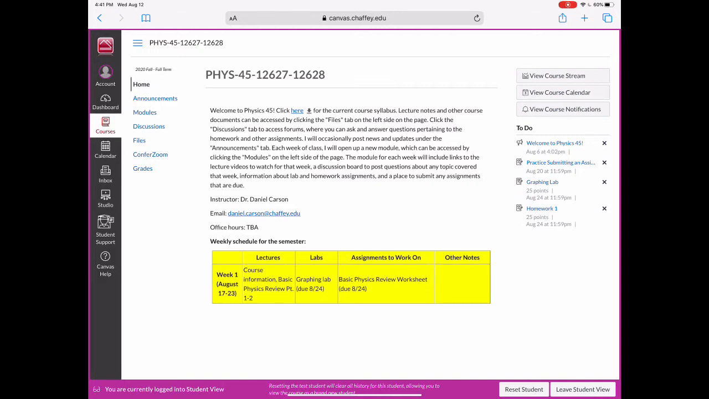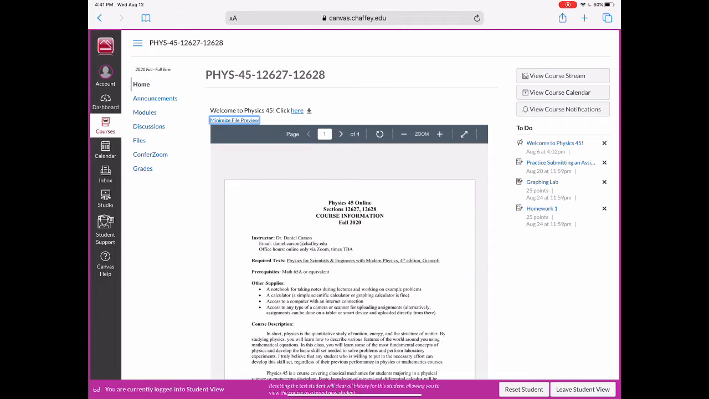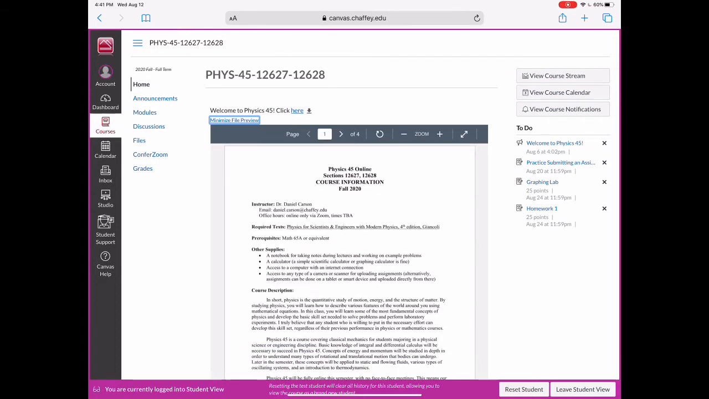Okay, another thing that you'll find on the homepage is a copy of the syllabus. At the very top of the page where it says click here for the current course syllabus, there's a little arrow. If you click that downward facing arrow and then click preview, you'll open up a copy of the syllabus. Okay, and while we're here, let's go through some of the things in the syllabus that I'd like